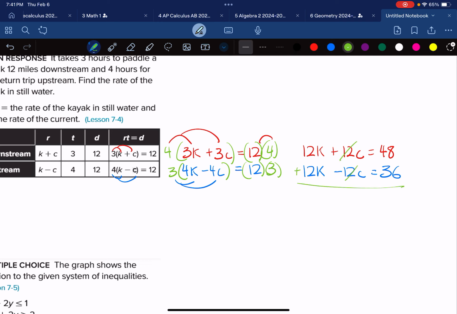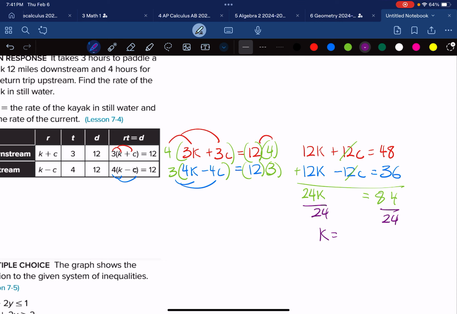Adding together gives me 24k here, and that's going to be equal to, what is this going to be? 6 plus 8 is 14, carry the 4, and that's going to be 84. Nice. And then from here, I just need to divide by 24, divide by 24, and I get k is equal to